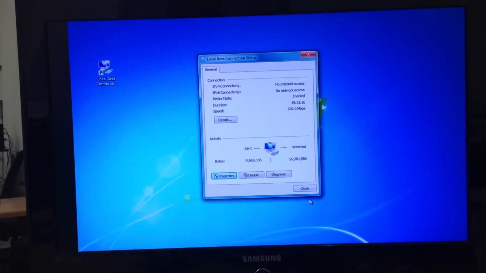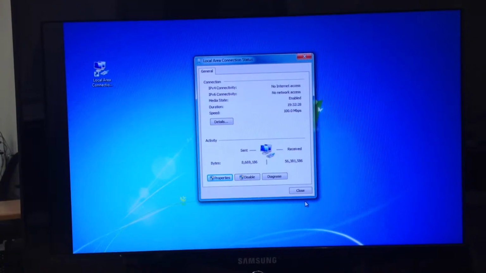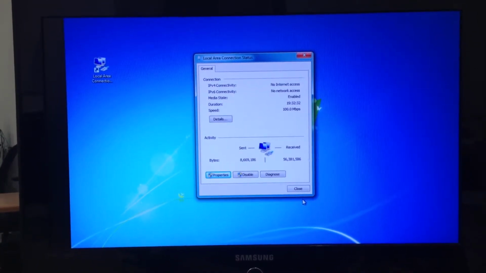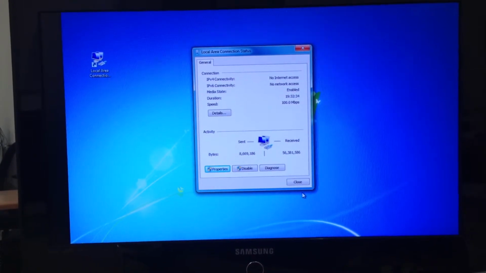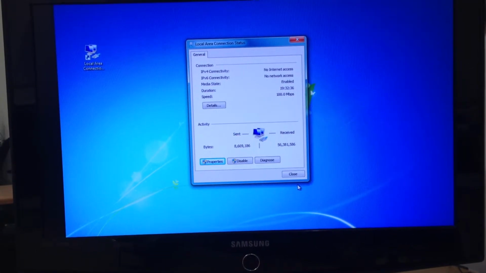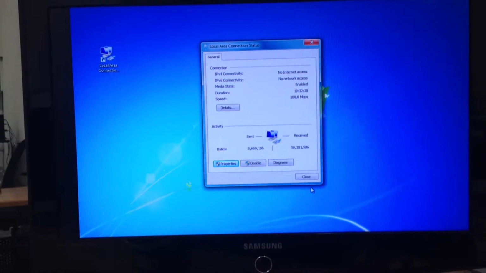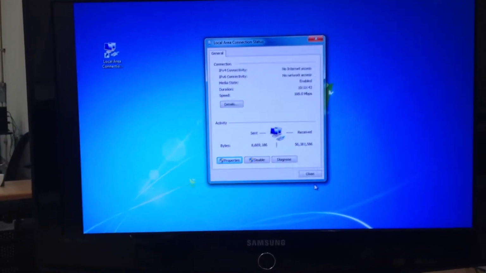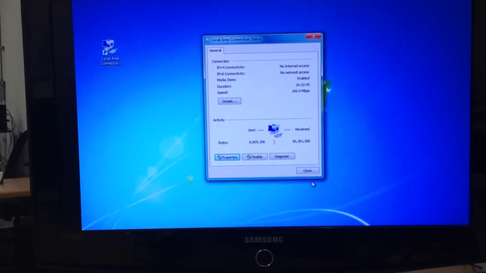In order to get online with your sensor, you need to ensure that your IP address is set to match the IP address on your sensor, with the assumption that you have already used the configuration software and set the IP address on your sensor to a static IP address. Once you've done that, then you can go to your computer settings and set the IP address to match that